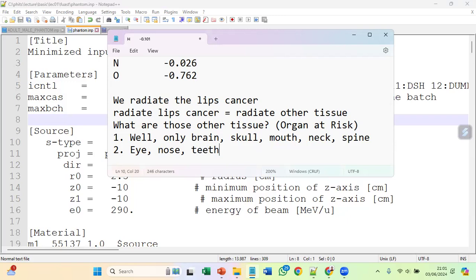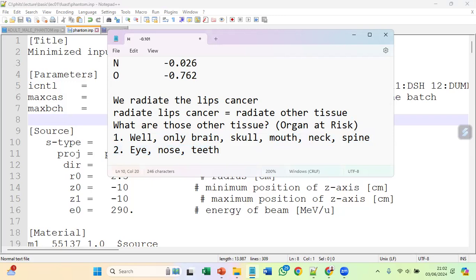I think it will be hard for us. If the reference says that for lips cancer these are the organs at risk, it will be harder. But we can